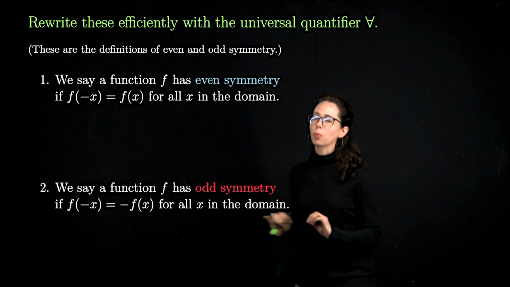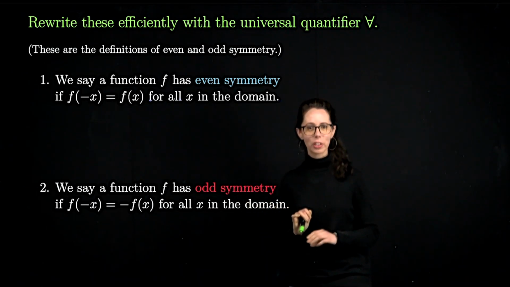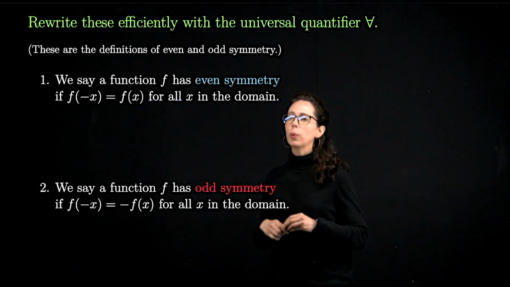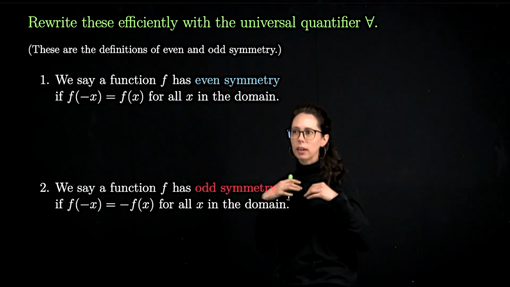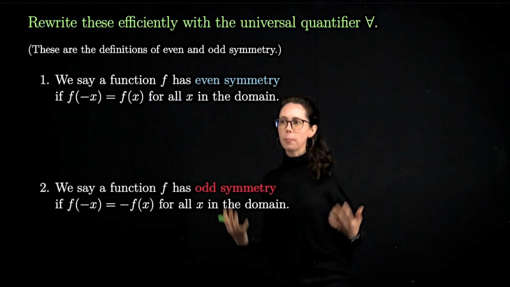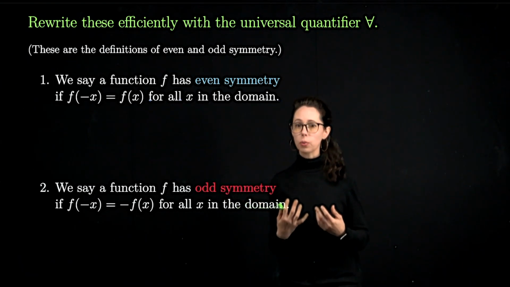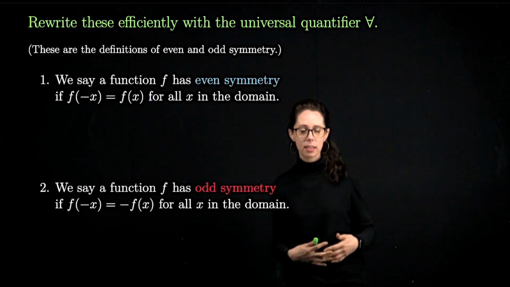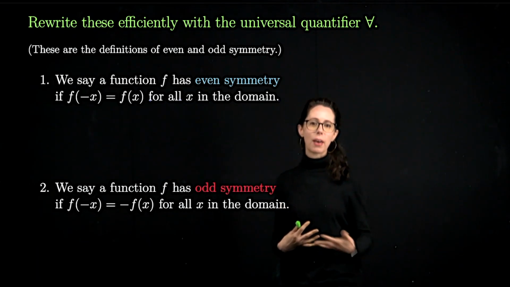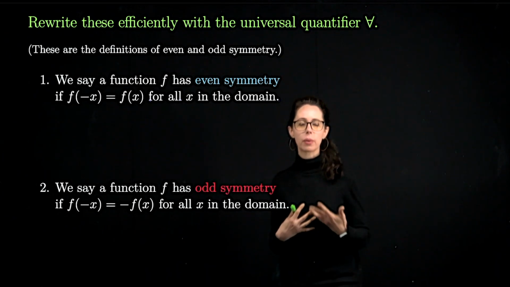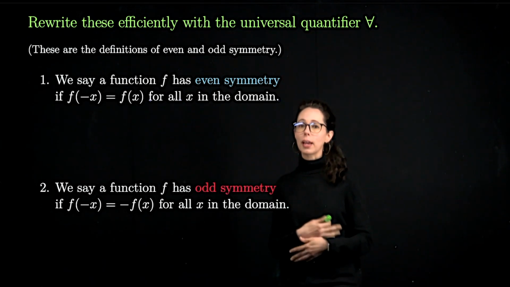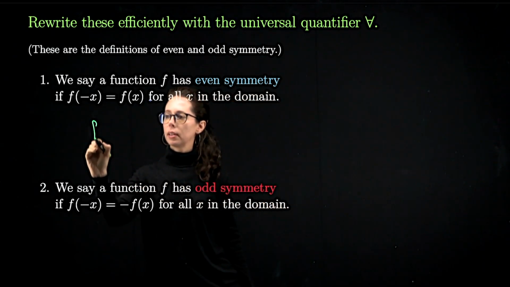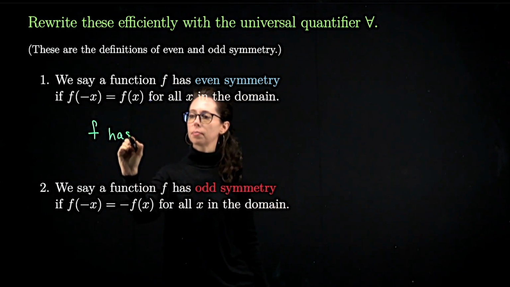Okay, the quantifier itself wasn't very mysterious because I say at the top that we're looking for the universal quantifier, and here it is. So we want to think of this property, that f of negative x equals f of x, as applying to every single member x from the domain of f. So the domain of f is the collection of elements that we're looking at, and this property needs to apply to all of them. In shorthand, I might write f has even symmetry